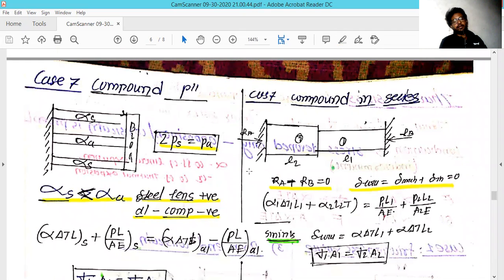Now we move to our next case. In this case, it has two concentric tubes or rods. You can see above that it has a steel tube, and inside it holds the aluminum tube. It is fixed on the other side, as well as bolted. You can take an example that it holds the plate on the other side, and it has an equal length of